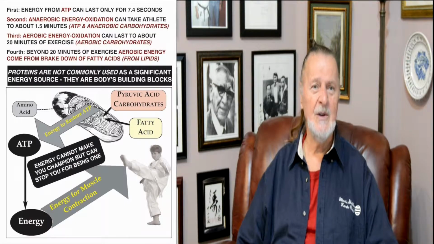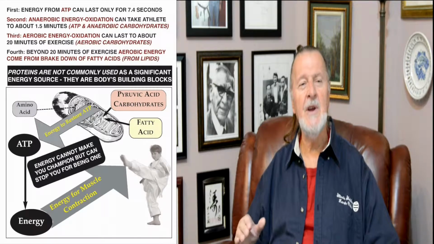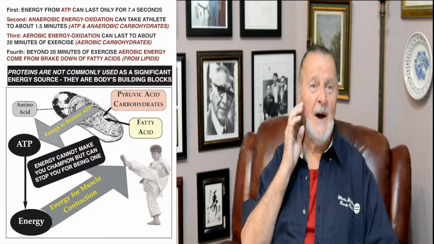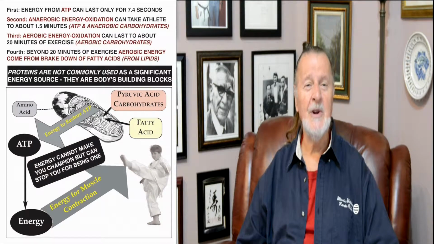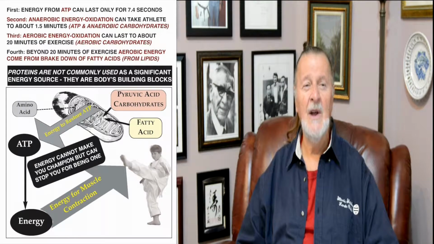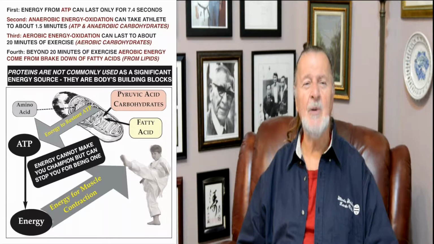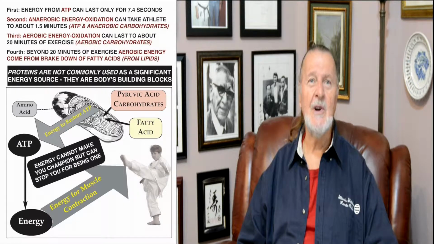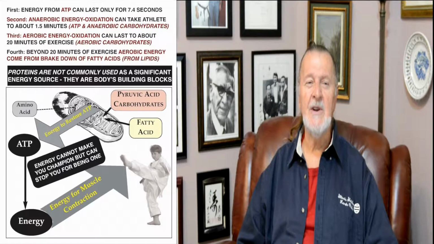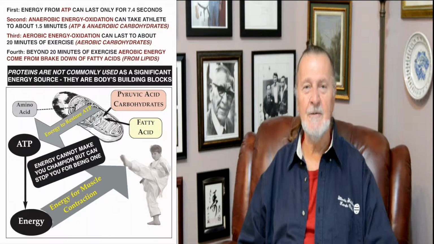We cannot even run a 100-meter dash. That means, in the second part, we have to begin to burn something other than ATP. That is carbohydrate, but again, this is done anaerobically, with no significant amount of oxygen involved. Now, how long can we go with this? Maybe half a karate match, 1.5 minutes, or we can do most of a kata in that period of time. Beyond that, we really have to enter aerobic oxidation, where we use a significant amount of oxygen.